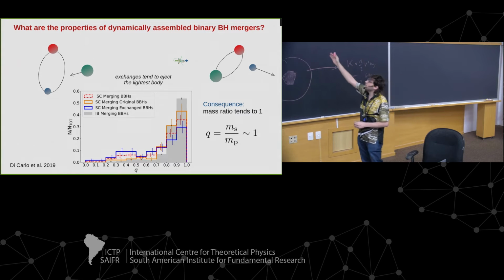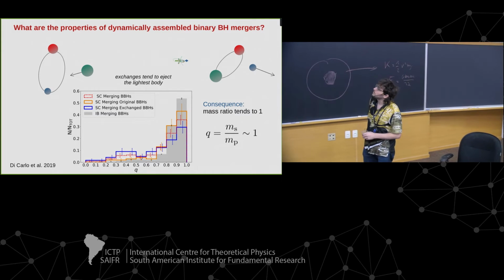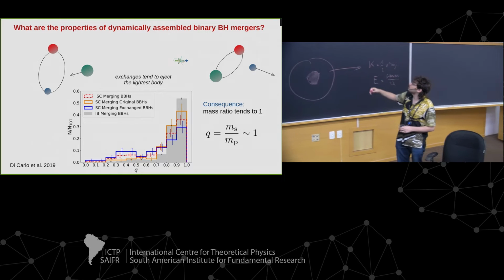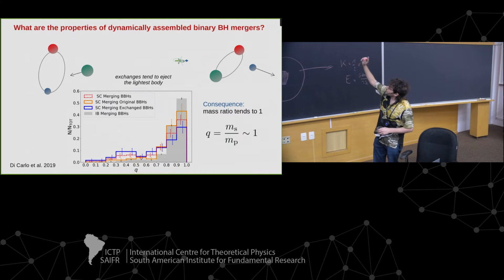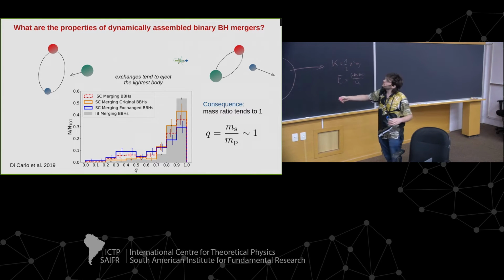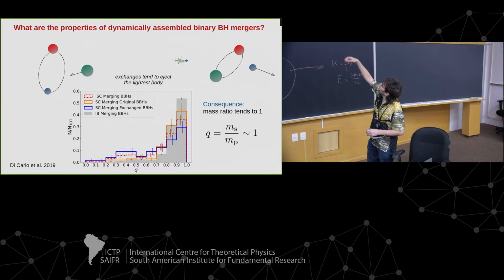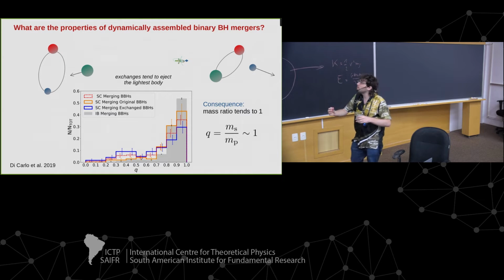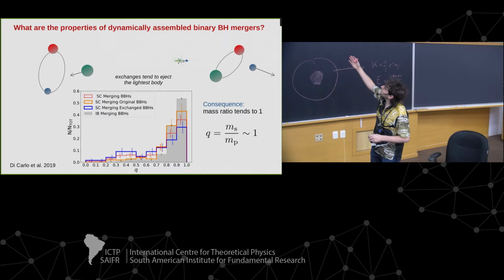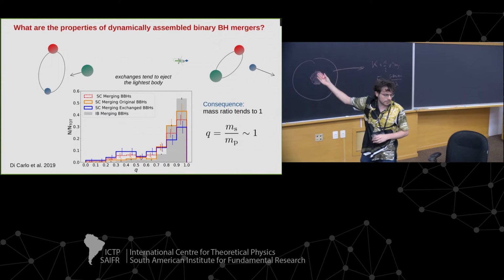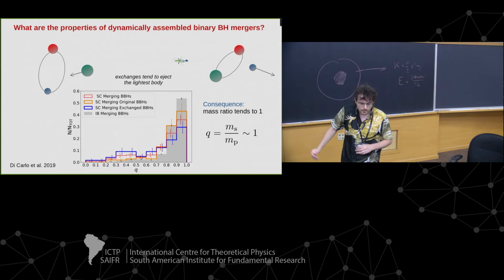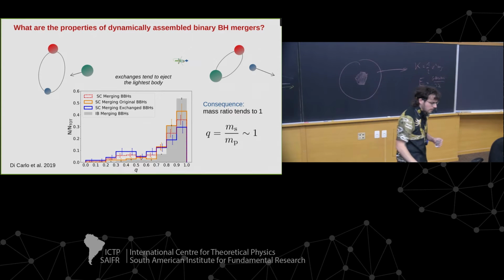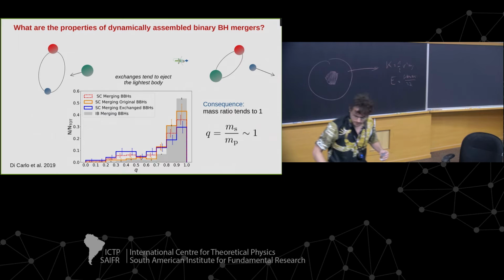This is a plot from a paper from collaborators, showing from simulations binary black holes that merge within the age of the universe from young massive star clusters. They have these pink, orange and blue distributions, which peak at 1. So more or less, you tend to pair black holes that have the same masses. Incidentally, the gray shaded area is the isolated binary channel, which also says that you should expect equal mass ratio binaries. But I won't talk about it today.